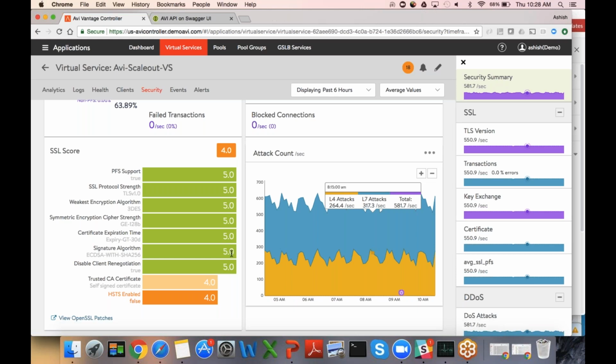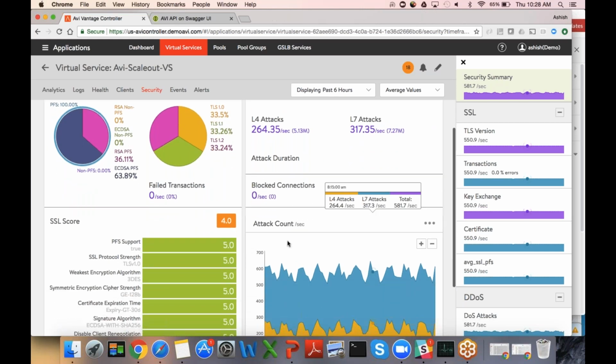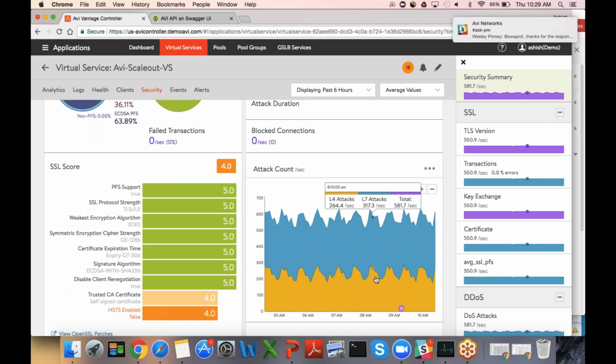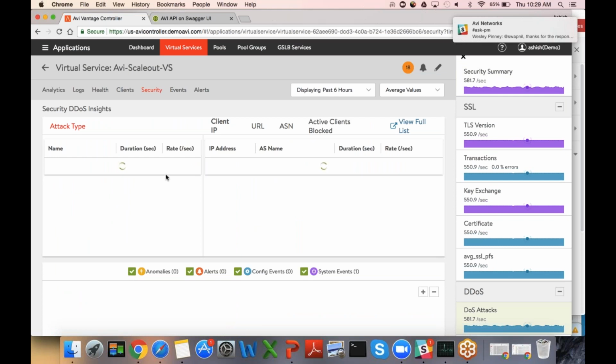We can even do better than that. We have ability to automatically renew the SSL certificate by integrating with the PKI servers. So it's not just visibility, we can actually automate the whole process. That's a smart load balancer. Also, of course, gives you visibility into certificates, PFS, non-PFS, TLS version breakdowns. And on the right-hand side, it tells you a DDoS attack that might be going on. So combination of L4 and L7 attacks. And if I double click on that, it actually tells you what the different